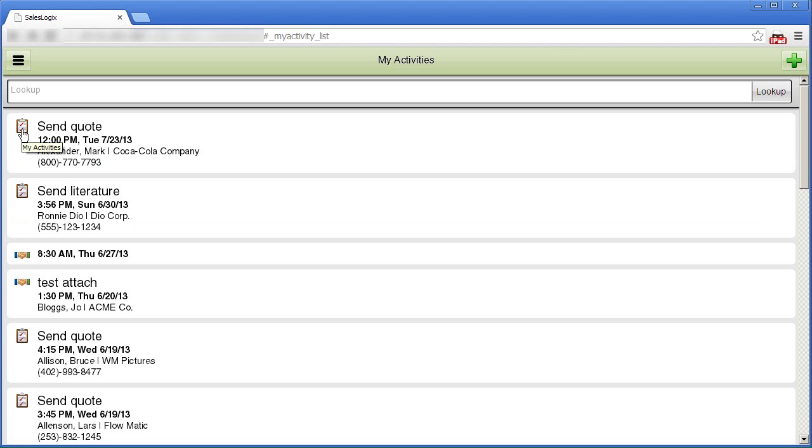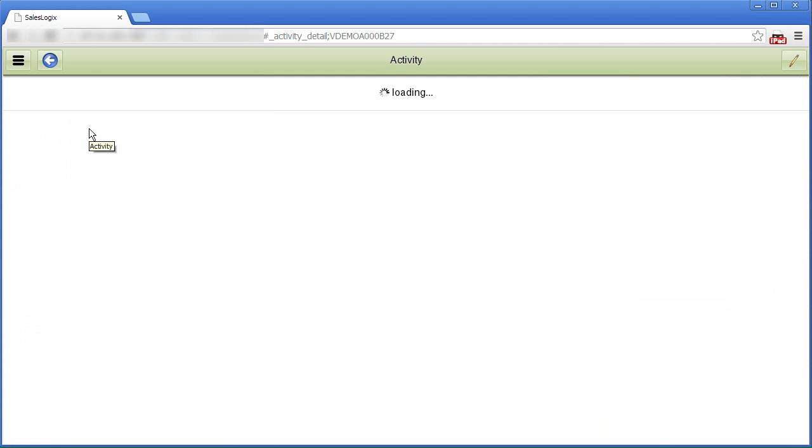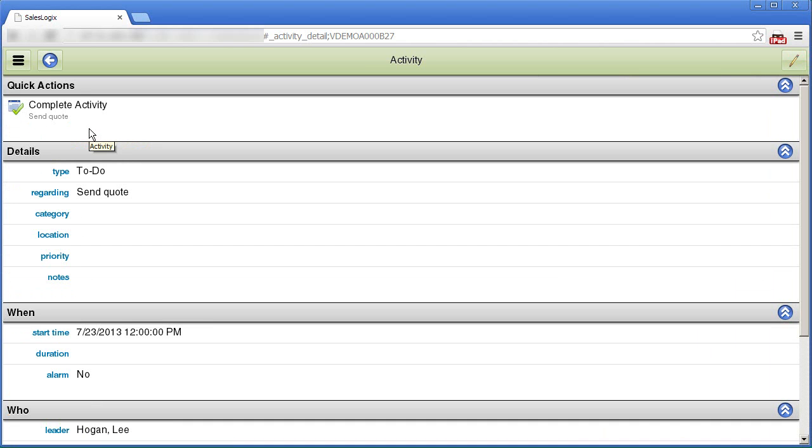I can simply click the icon again to collapse that menu, or I can click on the activity itself, which opens the detail view if I want to see even more information, or maybe even edit information or complete the activity to record it to history. If I do choose to complete the activity,